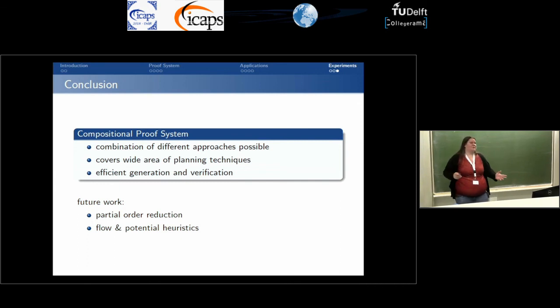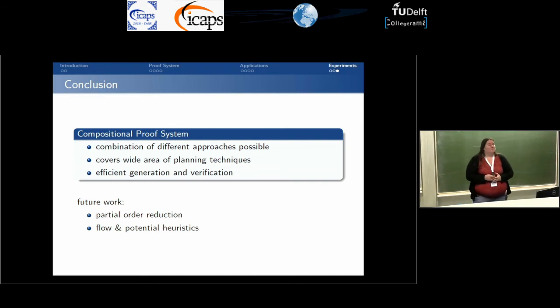But of course, the question is, if you come up with a good new idea, how can you show unsolvability? It's probably also an additional hurdle to think about how I can build this into the proof system. And I can imagine that there are certain techniques that at the moment we couldn't cover. For example, partial order reduction, I don't think that would work with just this proof system. But I hope that we're getting there at some point.